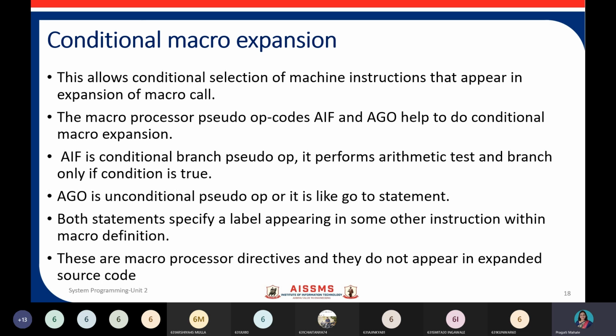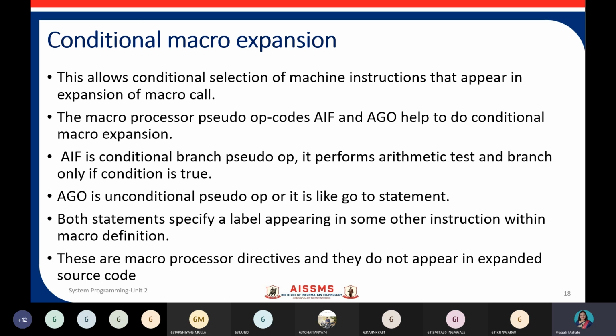So conditional macro expansion allows conditional selection of machine instructions that appear in the expansion of a macro call, right? So there is some condition, and based on the condition, we decide to go ahead with the macro expansion. The macro processor pseudo opcodes AIF and AGO help to do the conditional macro expansion.